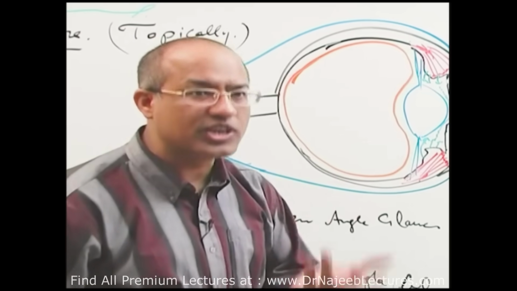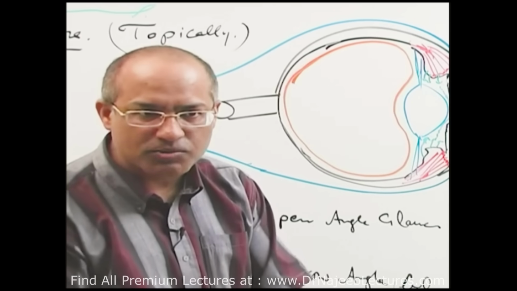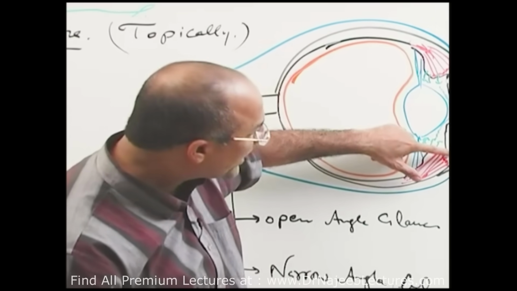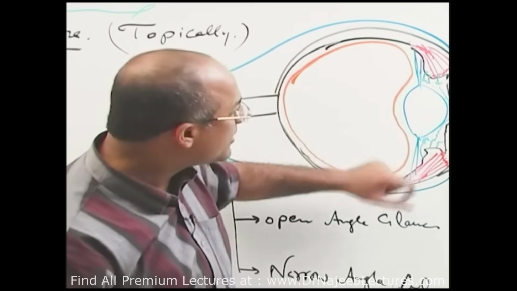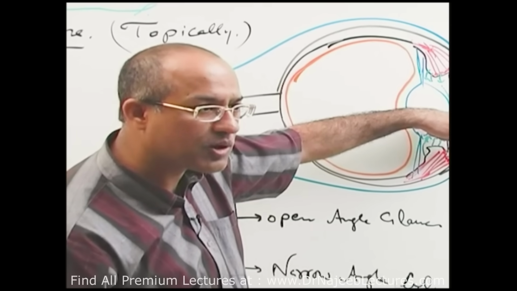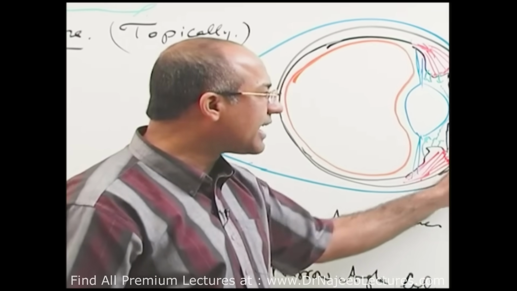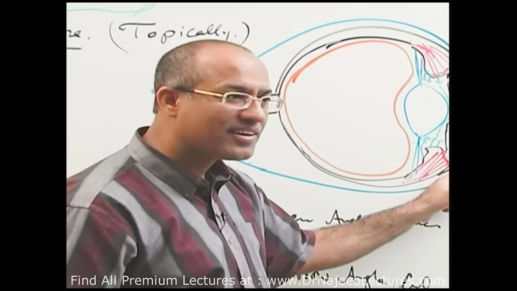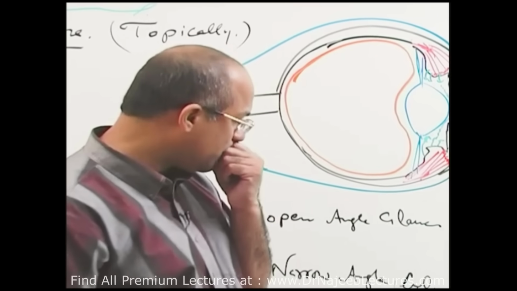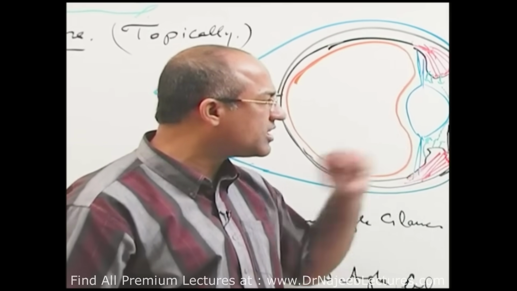Why? Maybe with aging, as our age increases, our arteries become hardened or softened? Our arteries become soft or hard? Hard. In the same way, with age there is some change in the connective tissue here, and it becomes difficult for aqueous humor to move through this trabecular meshwork and drain properly. But when you look, the angle is open. We also call it open angle glaucoma or wide angle glaucoma. Initially doctors could not understand, but now they know that there is a resistance within this meshwork.